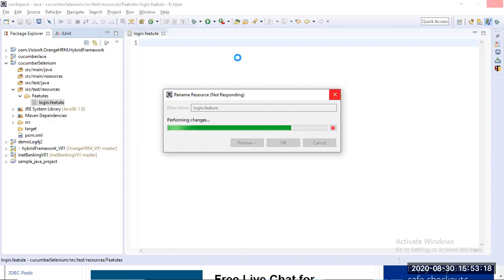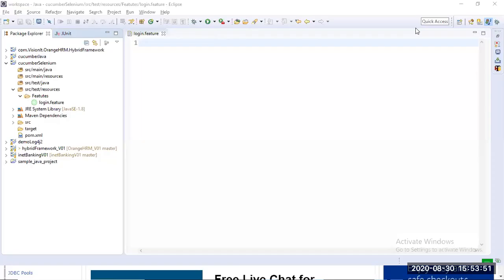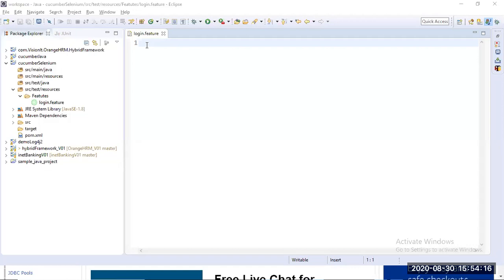Wait, it's performing changes. Like that you will get one plain file. Yes, this is the feature file, login.feature.